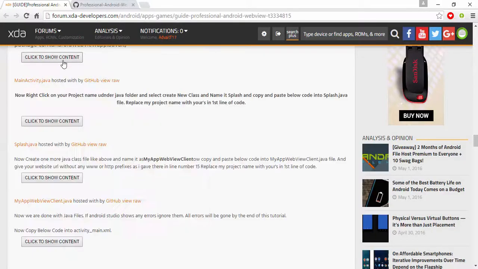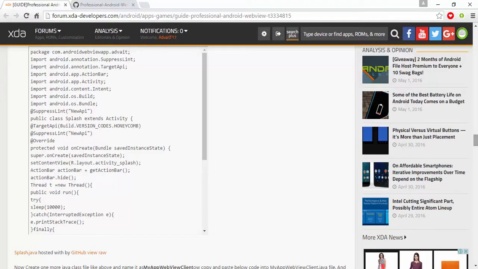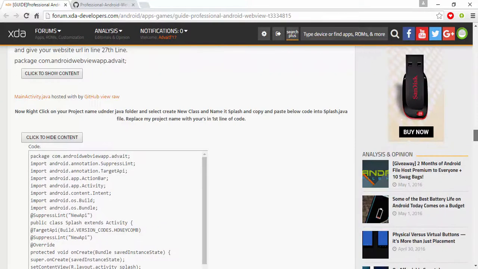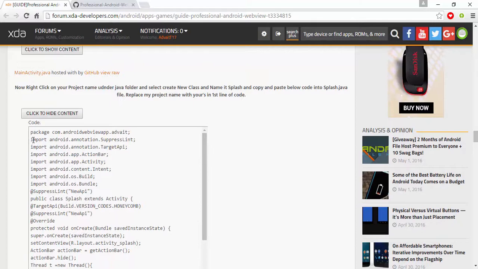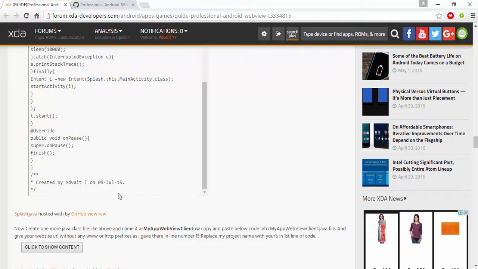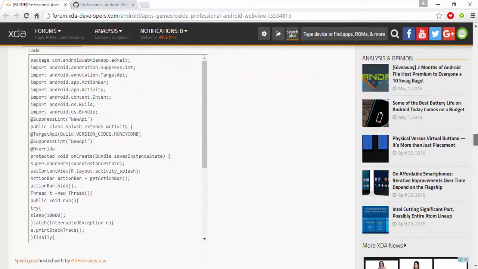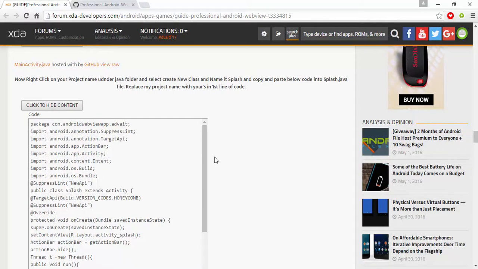I am showing you this pasting method. You can directly paste it from here only, because we don't have that much time to type all the codes. So now we have to make a Java class, that is splash.java. So copy the code. Just don't copy my package name, otherwise it will give you an error. So copy from the second line,